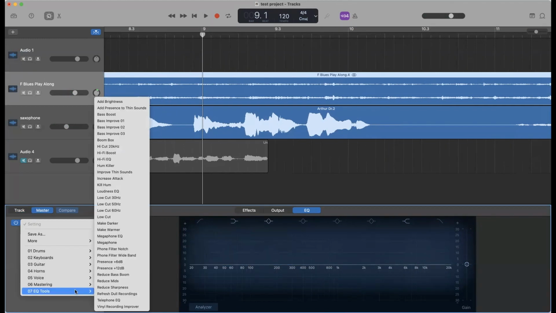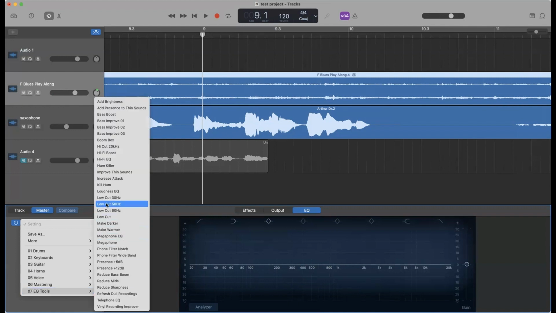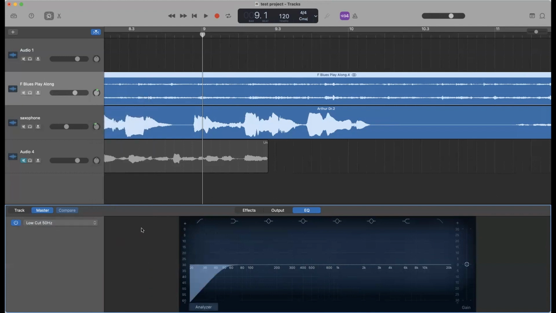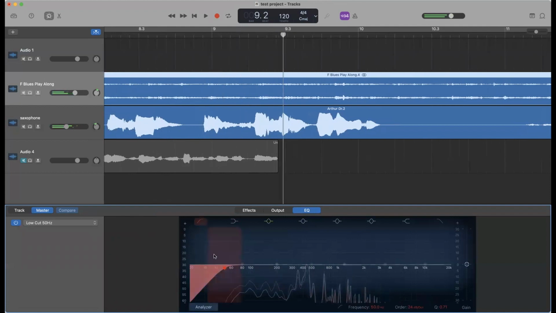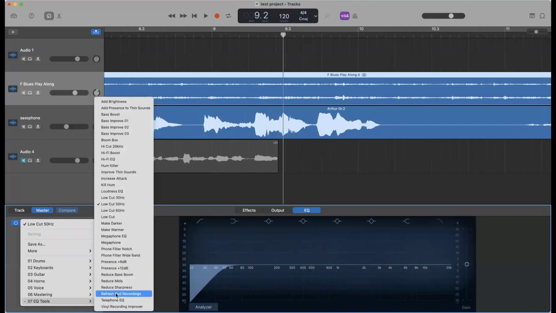There we go. Make warmer, make darker. I find these kind of frightening. Okay. So we have some things we can use, there's a low cut 50 hertz. Probably just did kind of what I had already put in. Mastering tools here. So no EQ tools. So we could do,